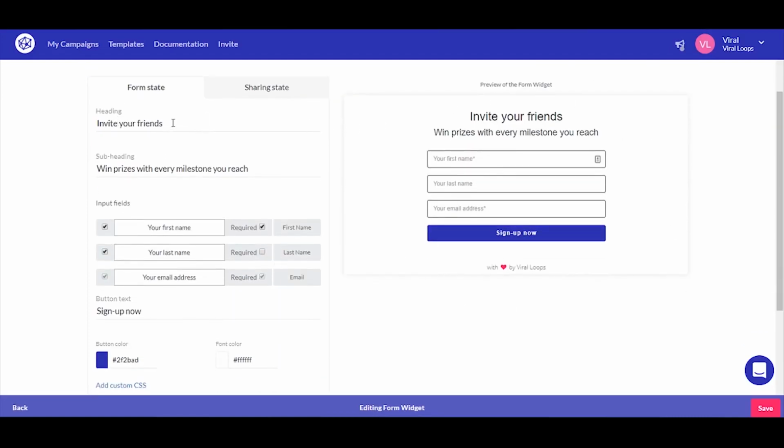We will start from the form state, which is the one that you see right here. You can change the heading, invite your friends and win, for example. The subheading, it's also customizable. I will just add an exclamation mark right here for the sake of the example. And also you can change the input fields, which is really important. So by default you have selected to have the first, the last name available and visible on the form, and also the email address, which you can see that is mandatory, so you cannot really